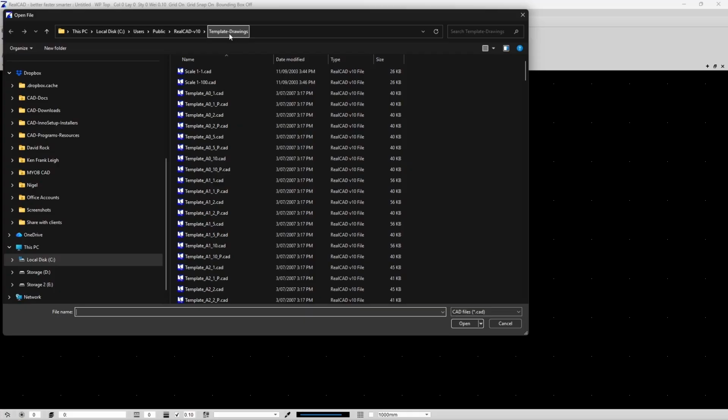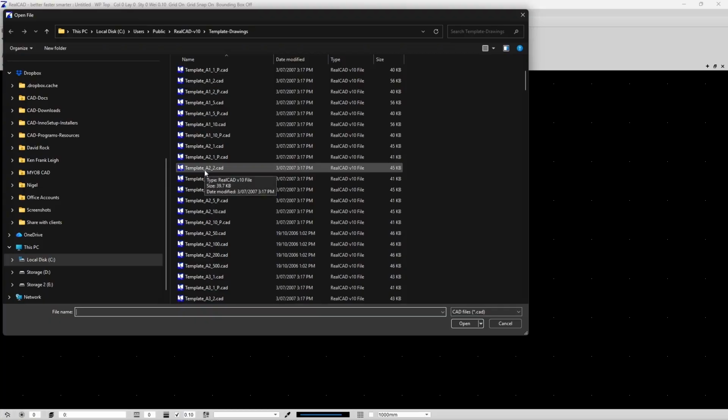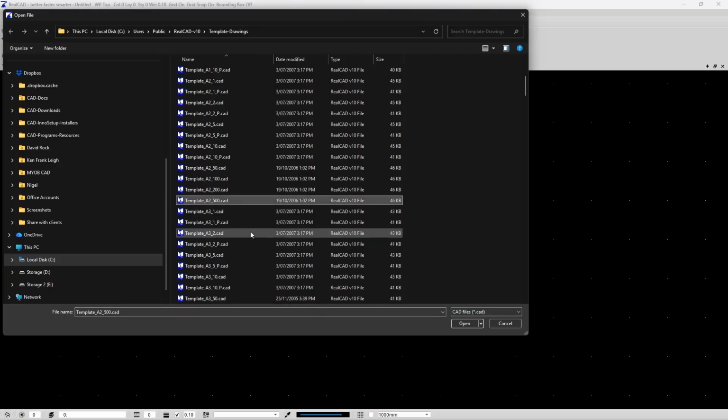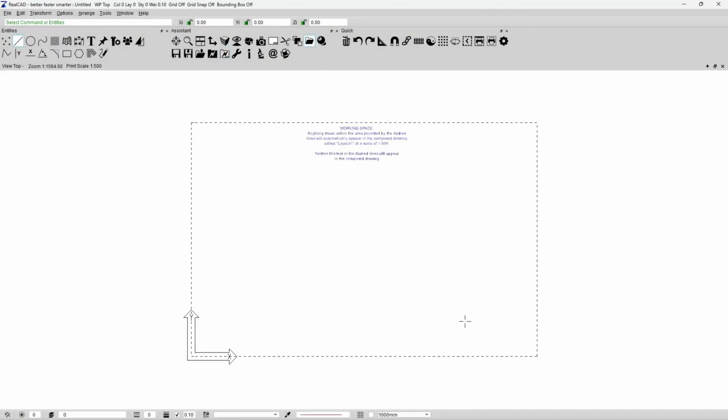And if you were using Landworks CAD, that would say Landworks CAD. If you were using ArborCAD, that would say ArborCAD, and so on. These templates are pre-set and pre-configured with all sorts of settings, such as colors, the background colors, whether the grid is on, whether you've got sheets of paper that are preset. So let's, for instance, go A2 500, and I'll choose that as my template, and I'll select open, and it